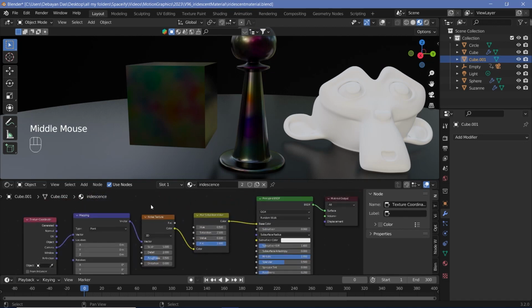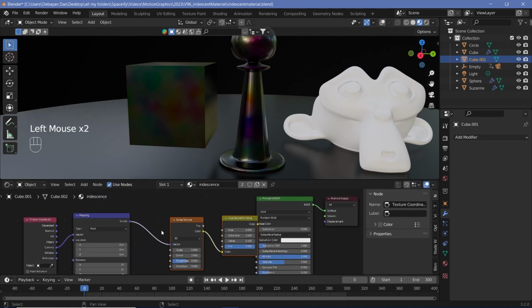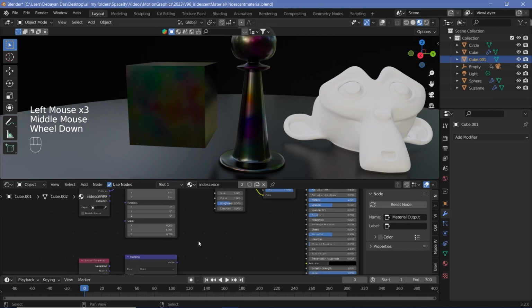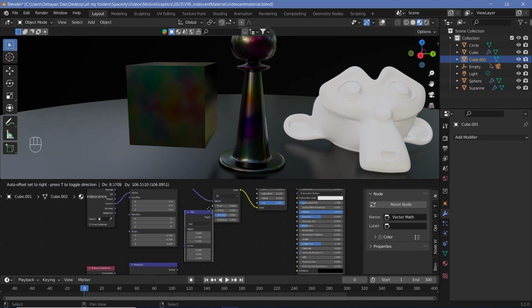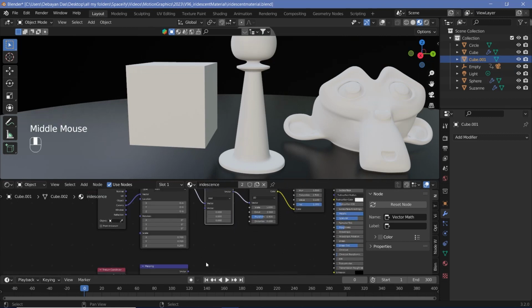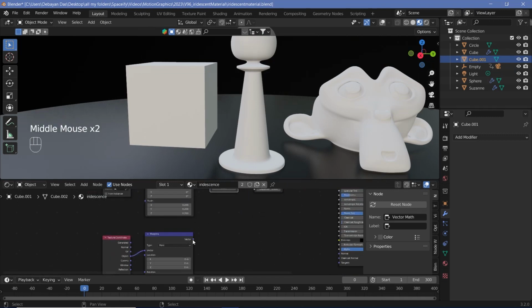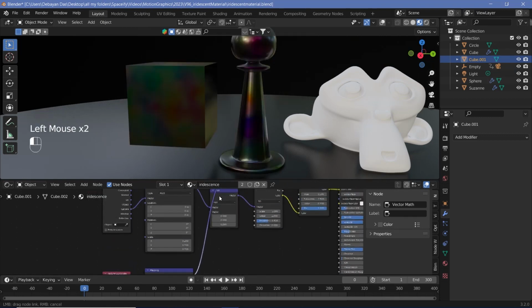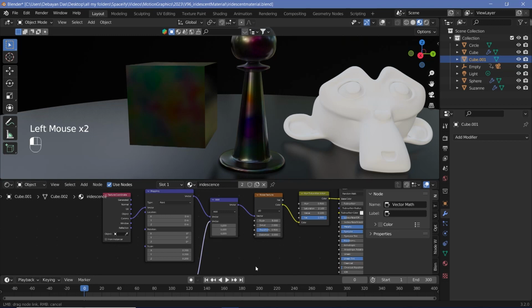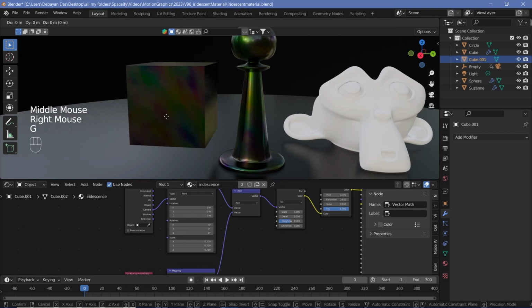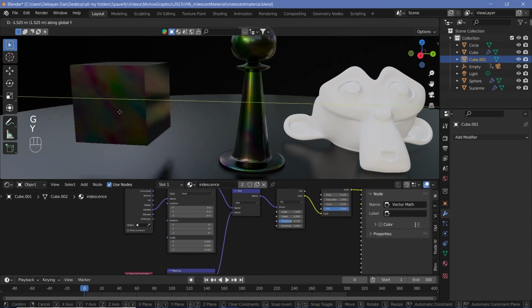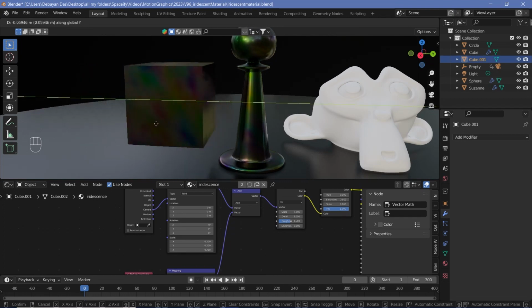And now, before we actually plug this into the noise texture, we'll go ahead and search for a vector math node and just place it in right over here. And along with that, take the vector from the bottom mapping node and plug that into the second socket of the vector math node. So now when you actually take the object and move it, you'll see that the texture actually changes and it looks a lot more like an iridescent material